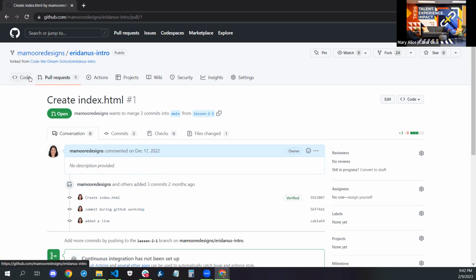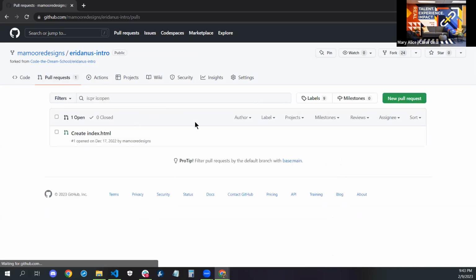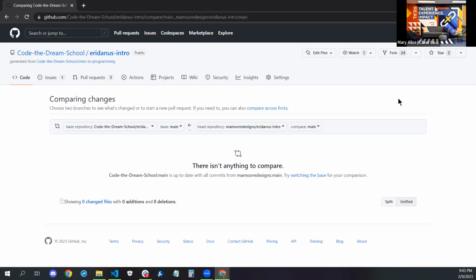So to do a pull request, typically when you do a push to your lesson 2.1 branch on your main screen, it'll have a yellow box at the top that says, hey, you just pushed some new code that's different. Do you want to create a pull request? Or you can also go to your pull request tab and do new pull request. And you'll specify where it's coming from and where it's going to. So right now it's going to try and compare my main branch to the Code the Dream School main branch,